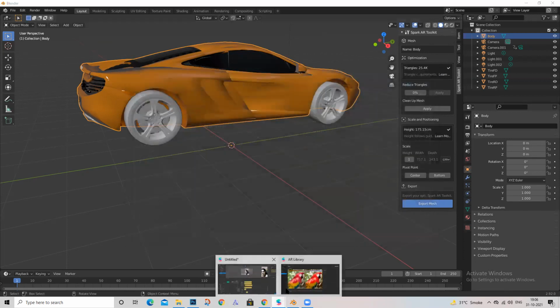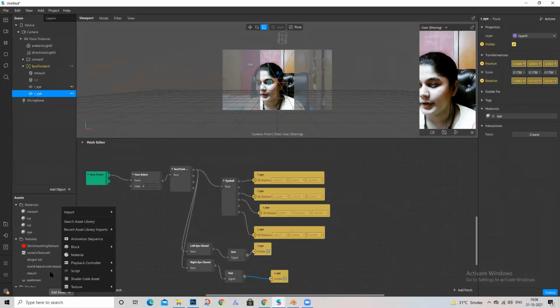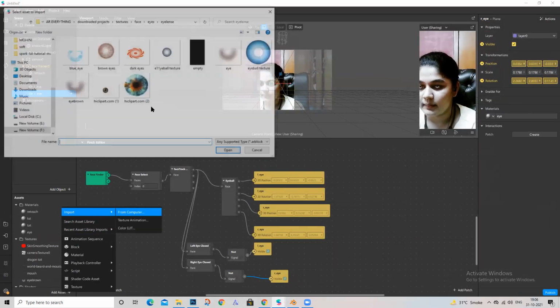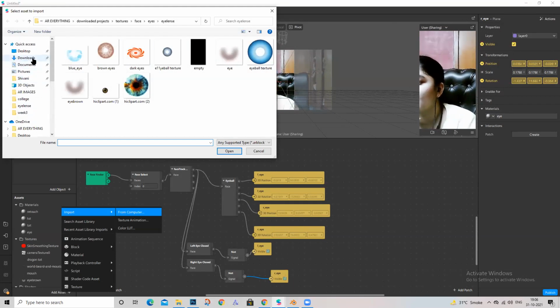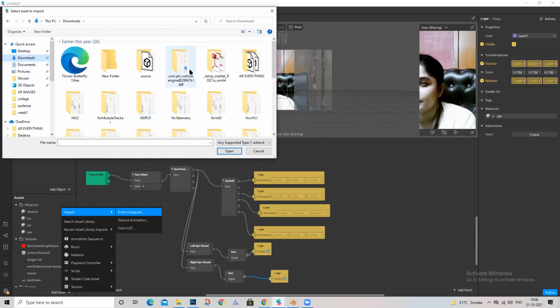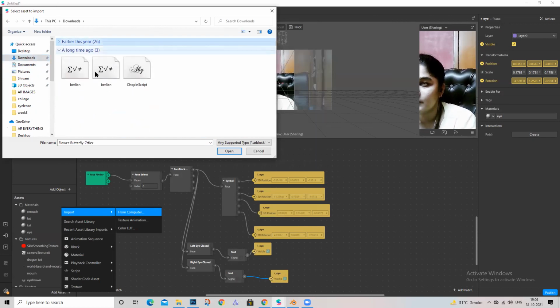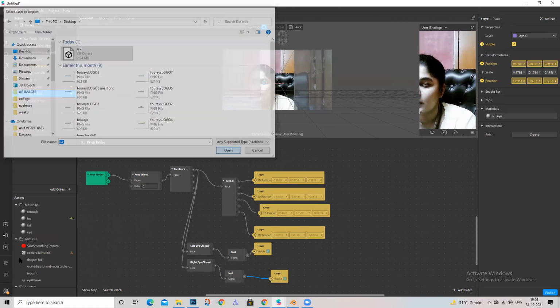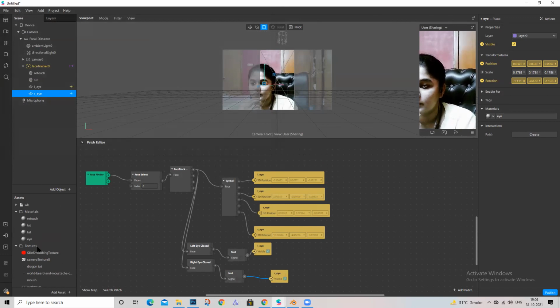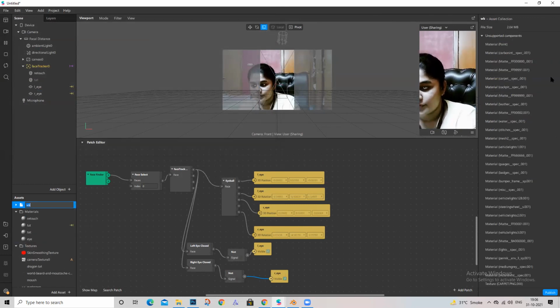I go to SparkAR and I'm going to import that. Sorry, so I have imported it here.